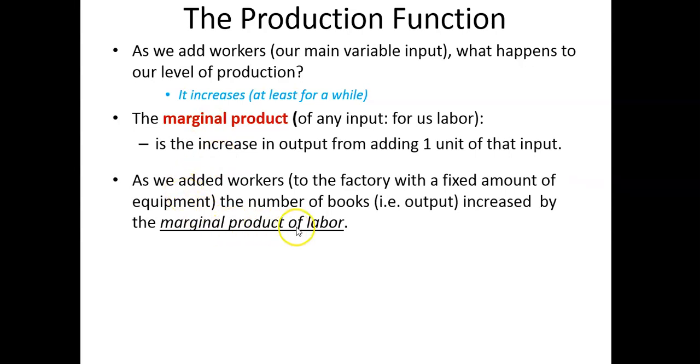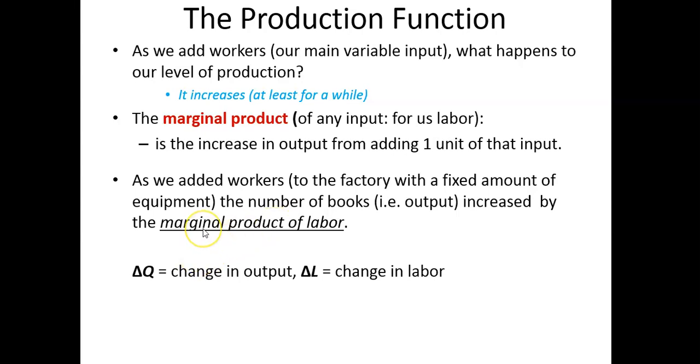So the marginal product of labor, because that's the input that we're varying, is as we add workers to a factory, and big asterisk here, with a fixed amount of equipment,